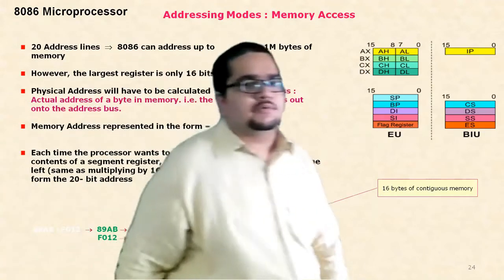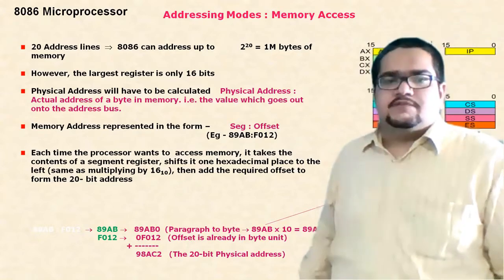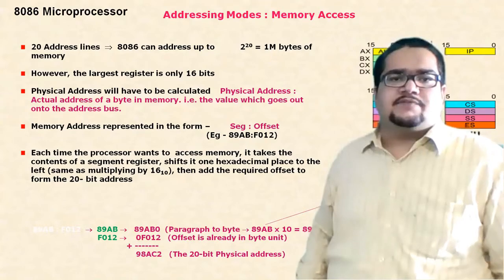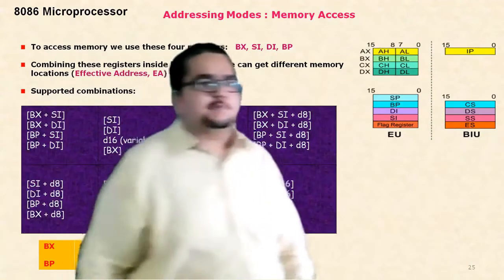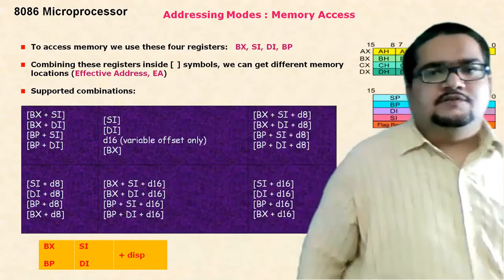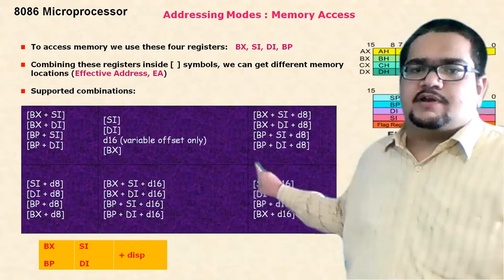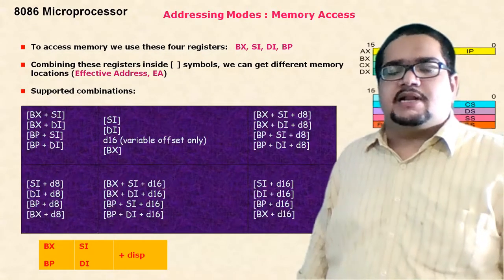Okay, anyhow, this slide again talks about the physical address calculation, which we have seen earlier also. Here we have to wait and understand how the effective address is being calculated. This particular table, if you remember, you have seen while talking about the instruction formats. This table will be important here also for us to understand the different ways the memory data can be